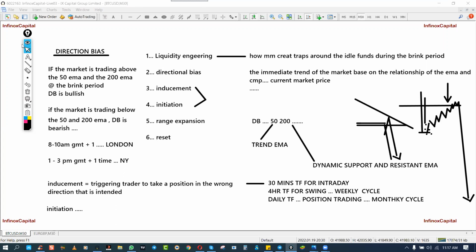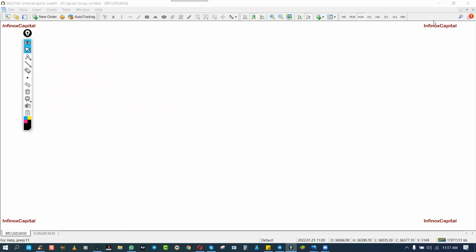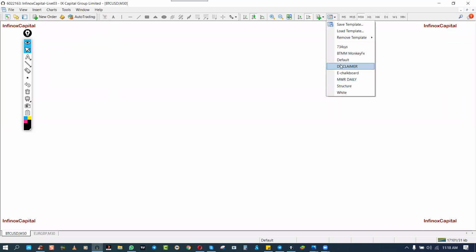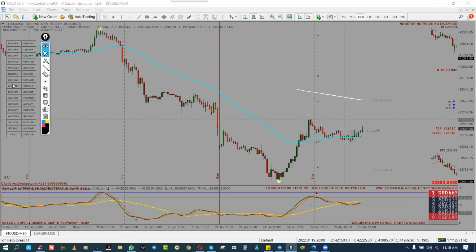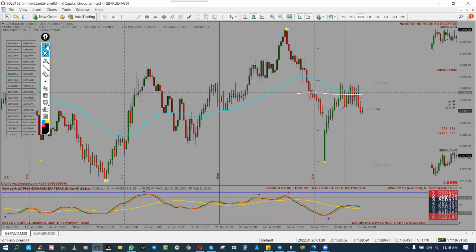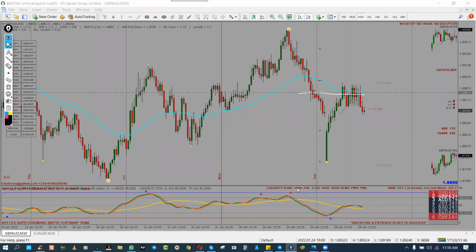So let's come to the chart. I'm going to use a random chart for this purpose. Or in case you want to suggest a chart for me, will you show live market example in this session? Yes. Please, in case you have a chart example you want us to look at, please suggest a currency pair. If you are listening to me, suggest the currency pair that you want us to take a look into. So I'll go to the chart, and then somebody said GA, so I'm going to use GA to begin.